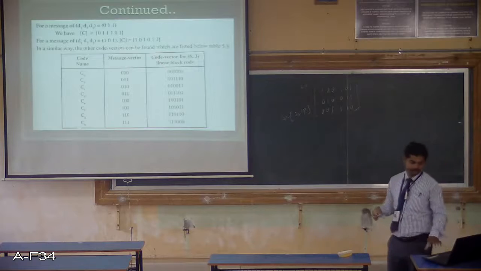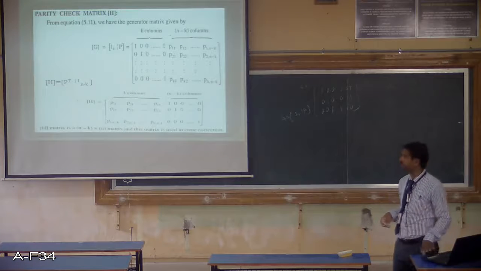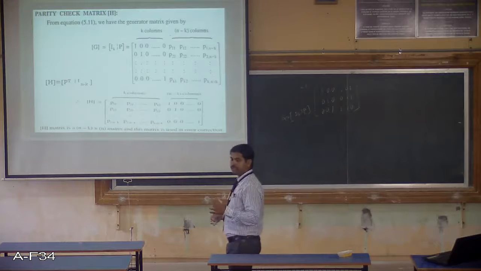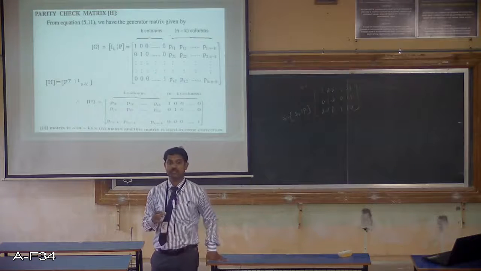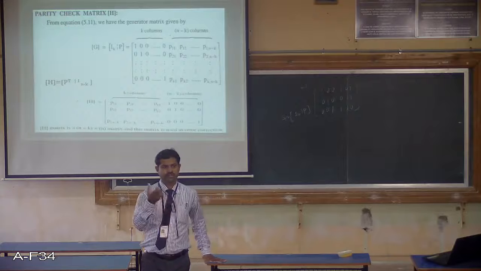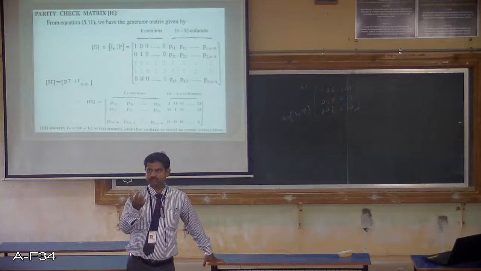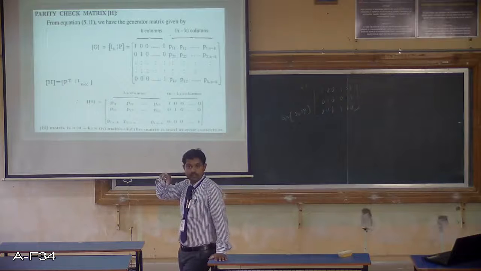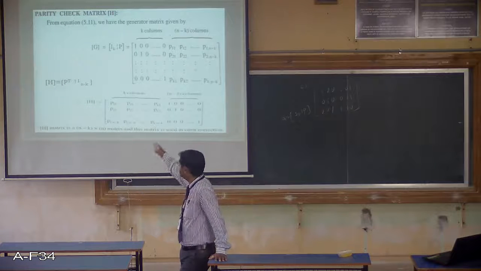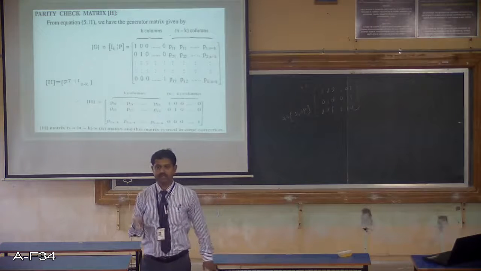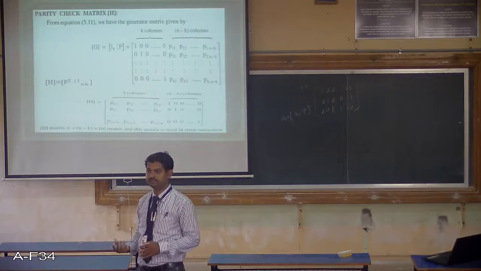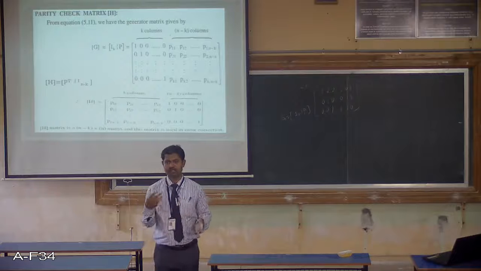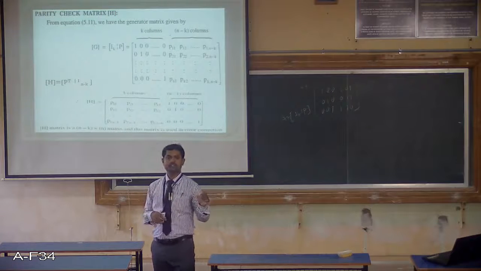Next one is the parity check matrix. So you have one more matrix, the parity check matrix, we call it H. I can immediately produce H with the help of G. Just understand how the notation is for H. H is P transpose followed by I n minus K. It's an identity matrix of order n minus K. It's very easy to write an identity matrix. You just check the order and put it up, right? And one more is P transpose.